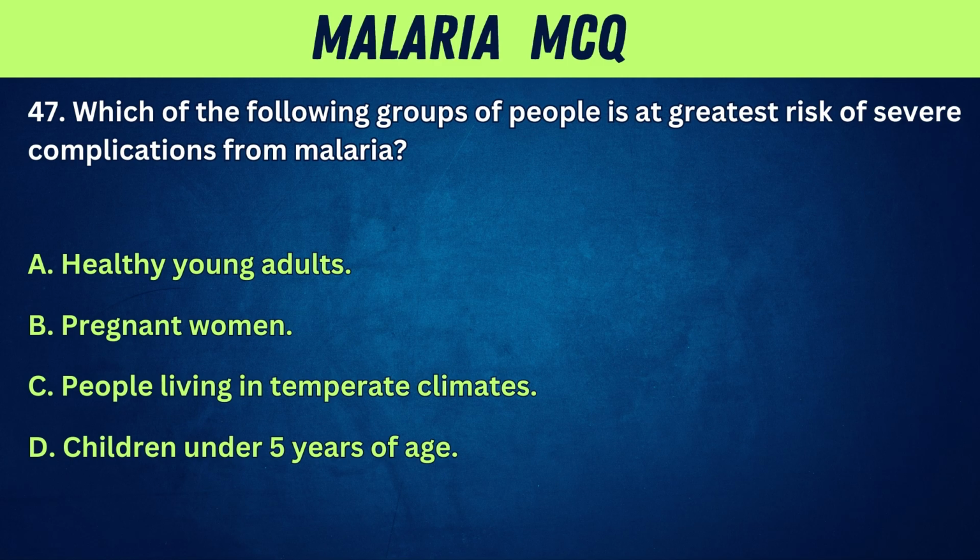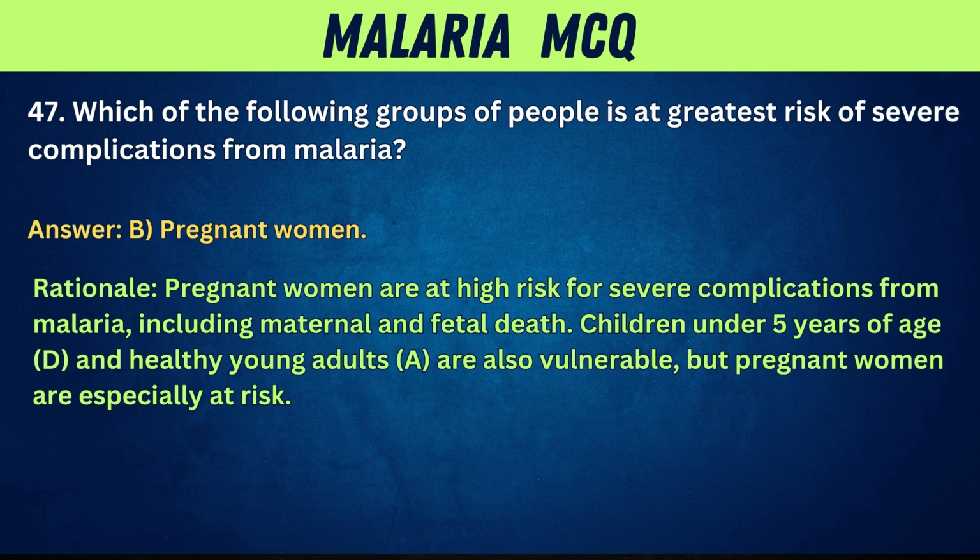A. Healthy young adults. B. Pregnant women. C. People living in temperate climates. D. Children under 5 years of age. Answer: B. Pregnant women. Rationale: pregnant women are at high risk for severe complications from malaria, including maternal and fetal death. Children under 5 years of age, D, and healthy young adults, A, are also vulnerable, but pregnant women are